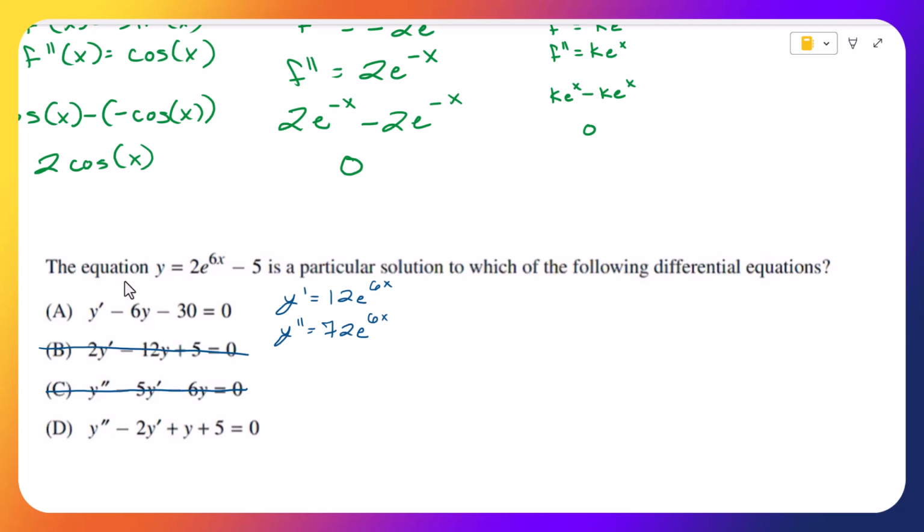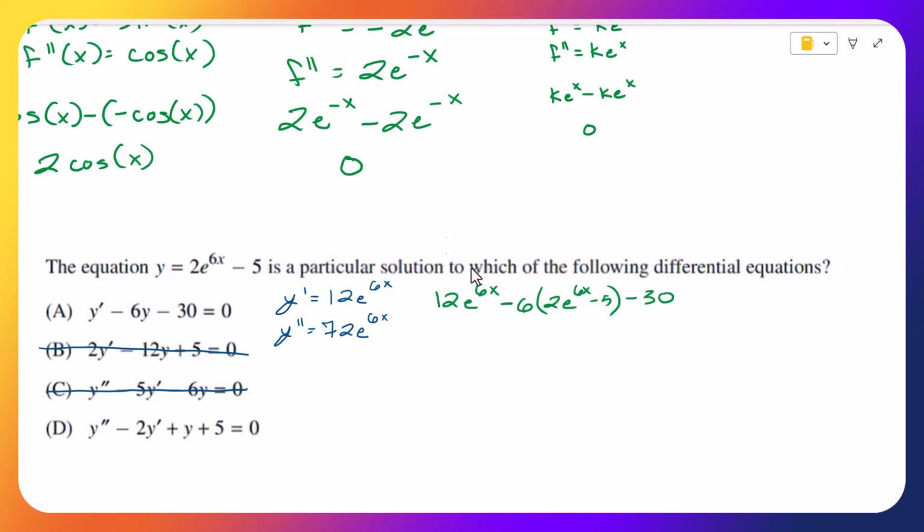We evaluated our constants. Our constants are 0. So now y prime, we'll do this one in green. 12 e to the 6x minus 6 times 2 e to the 6x minus 5 minus 30. I'm doing answer choice A in green. That's this